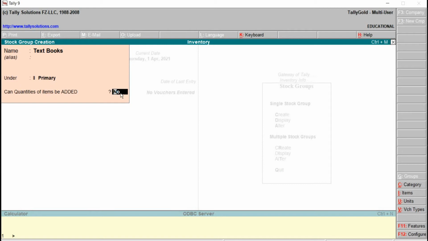Or else keep it as default no. I just repeat once again: the stock items which are created under the same group have to be measured with the same units of measure if this is taken as yes. Let this be no. Okay. Later we have to save by pressing Y from the keyboard.